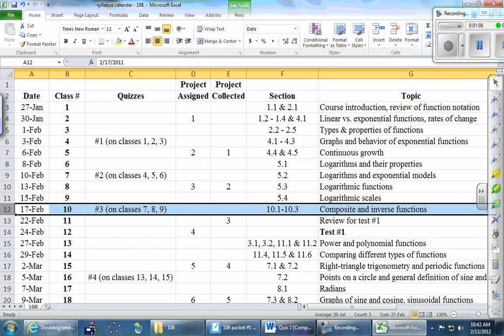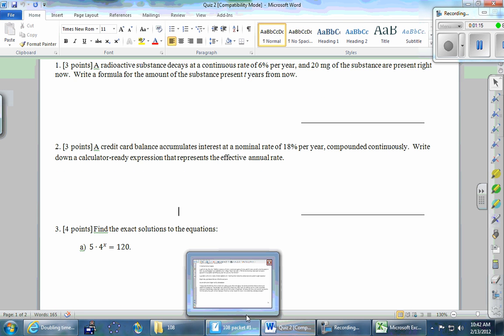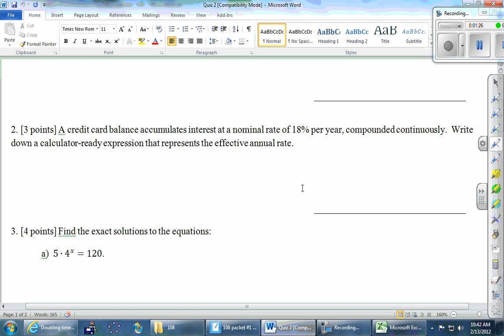So one thing I wanted to mention about the quizzes is that I think they went pretty well. I have them and I'll give them back shortly. But one question that kind of stumped a lot of people that I was surprised by was number 2. It says here, I'll make this a little bit bigger. All right, a credit card balance accumulates interest at a nominal rate of 18% per year, compounded continuously, and then